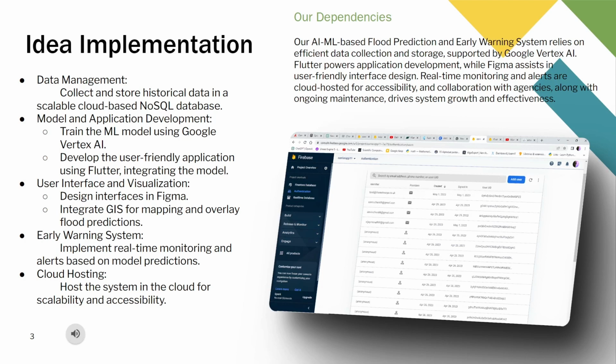On the bottom, you can see Firebase, which is the Google Cloud system that we'll be using, and this is what stores user data as well as all the related data regarding flood levels, and all of that is tagged in with geolocation. So both of this data is integrated and can be analyzed and statistically shown on the map